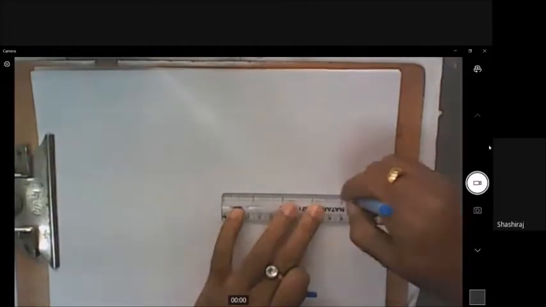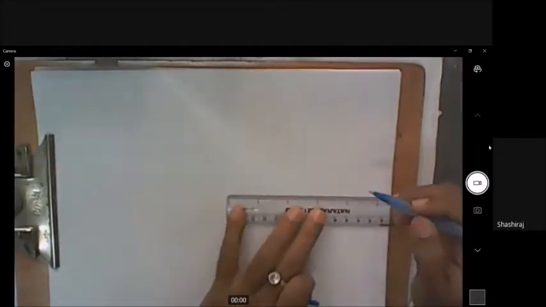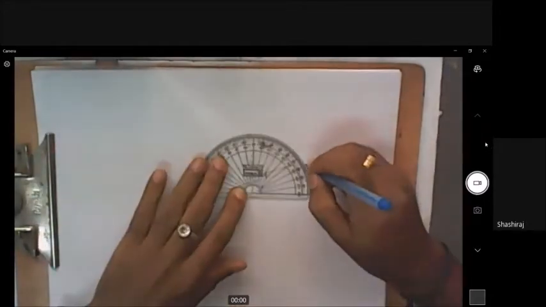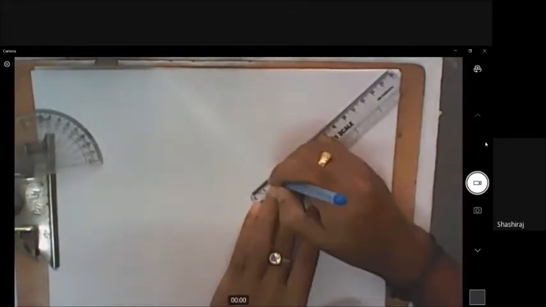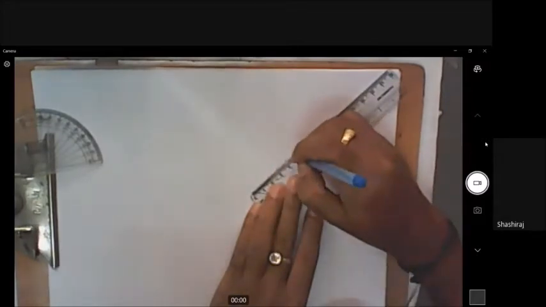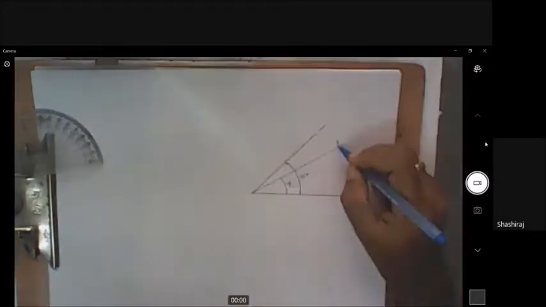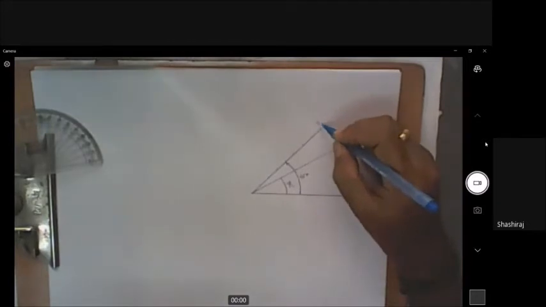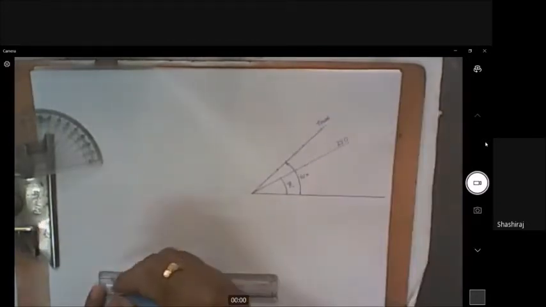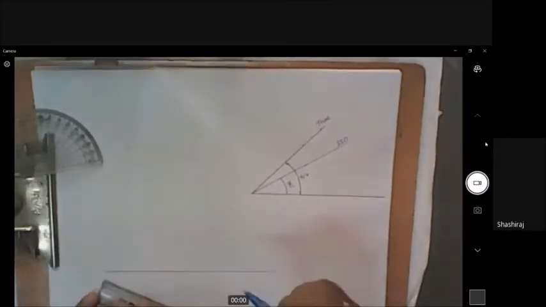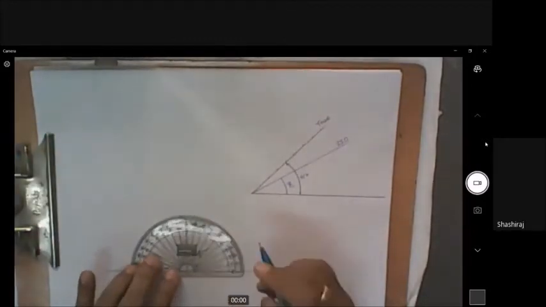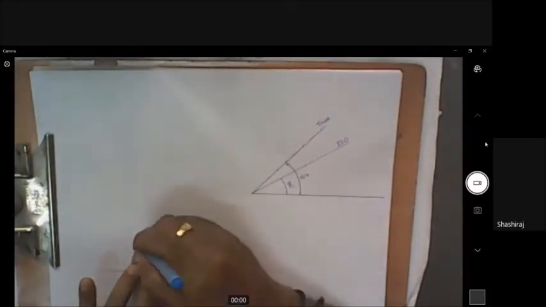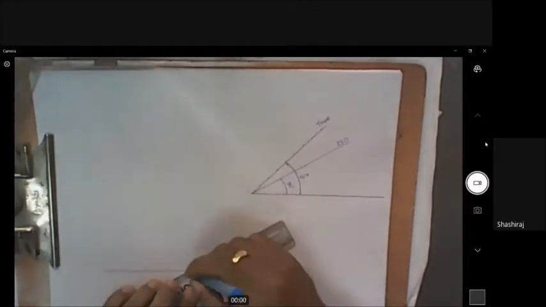I have to construct the isometric scale. When I am drawing the isometric scale, I need to draw a horizontal line first. 30 degree here and 45 degree here. This is the 30 degree line. 10, 20, 30, 40, 50, 60, 70. ISO scale, and this is the true scale. I will draw this horizontal line first, and from any convenient point on either side I'll take 30 degree. Draw this line.